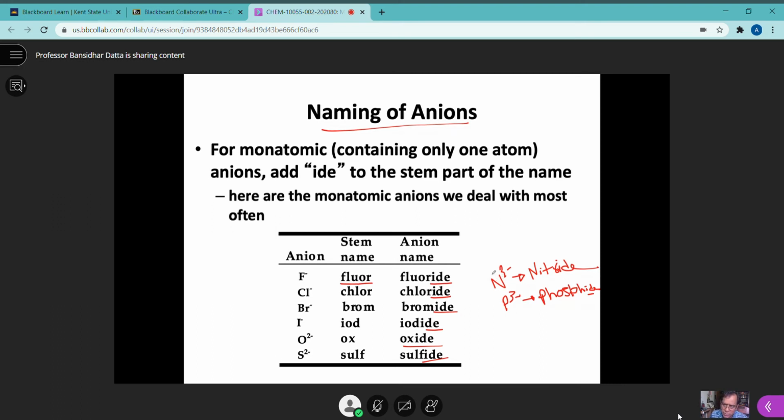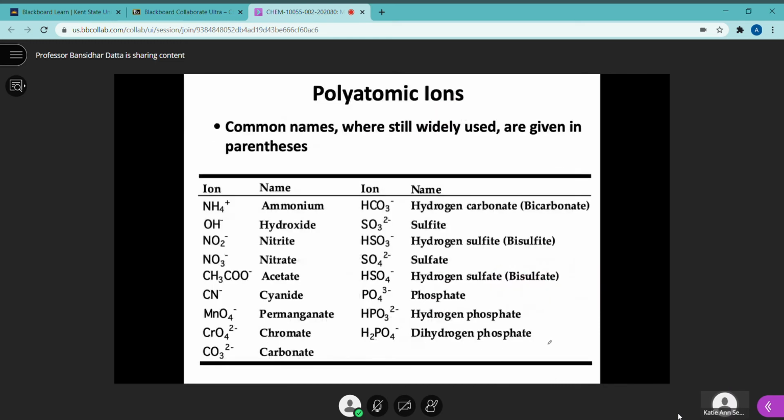These are 5 elements, right? So 5. Other one is arsenide, As, arsenide. So nitride, phosphide, and so on and so forth. Can I move on? Yeah, thank you. Now, so